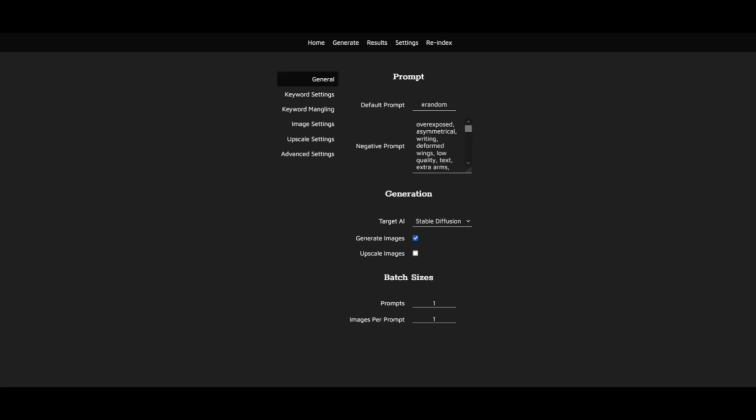Hello everybody. Let's go over the settings page for random AI prompts. So the settings page covers the default settings that pretty much apply to everything. In my program, it's 100% possible to not even specify a prompt. And if you don't specify a prompt, it's going to pull from the default